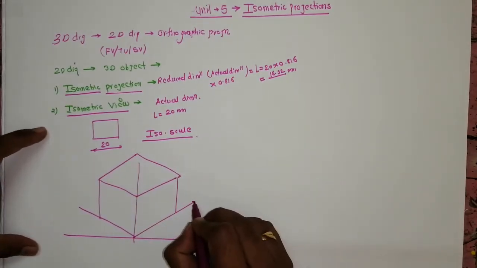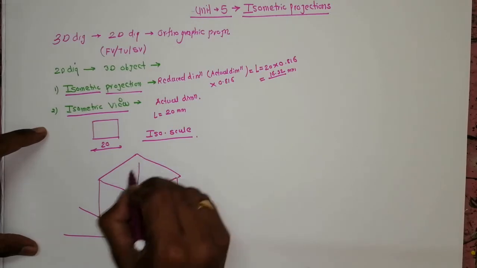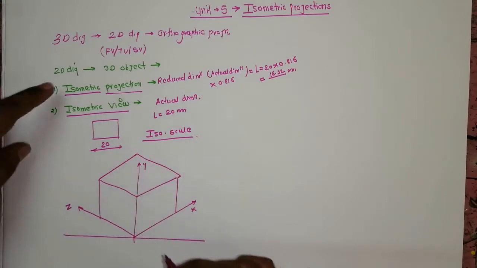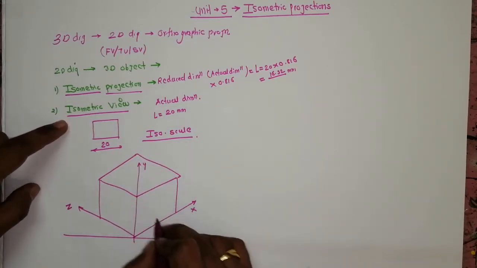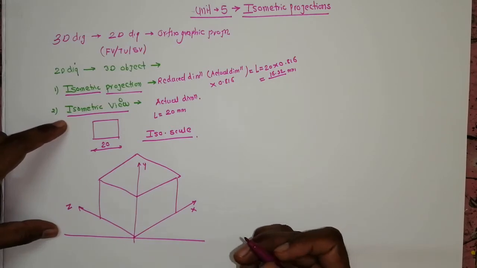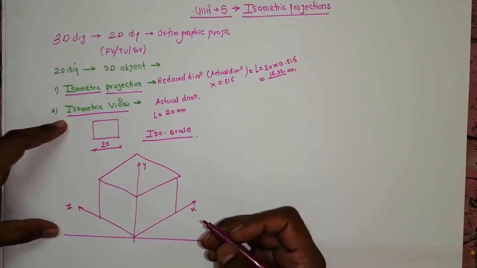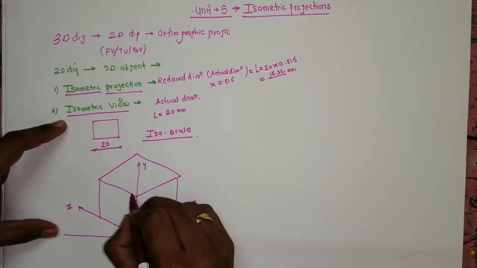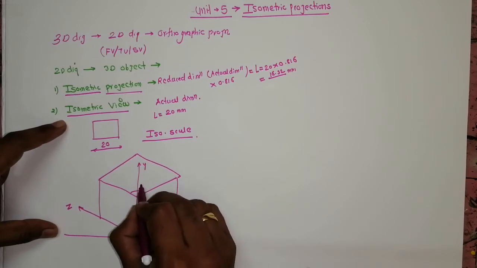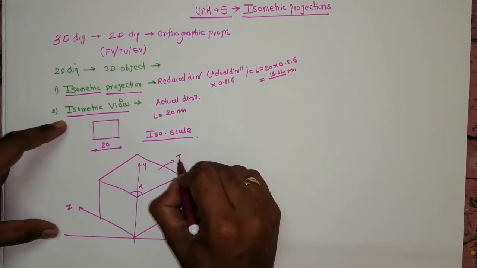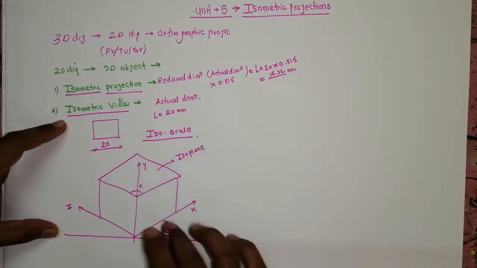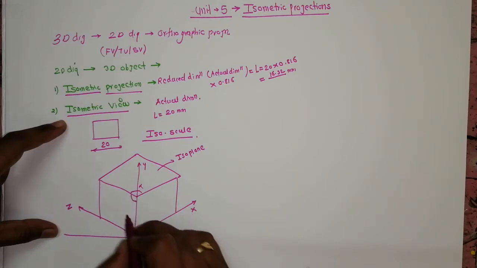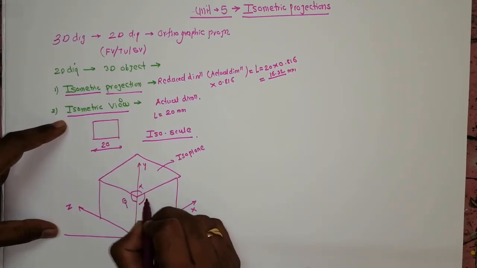And we have here three axes. This is suppose X, this is our y-axis, and this is z-axis. So in case of isometric projection or isometric view, these three axes are there. We call these the principal axes, our isometric axes. Now when we draw these axes and construct the three-dimensional box, this is called an isometric plane. We have three planes here, and the included angles between the two axes are alpha, beta, and gamma.